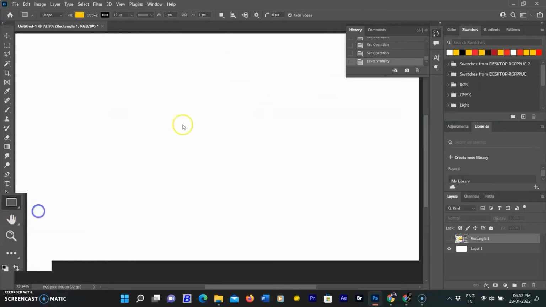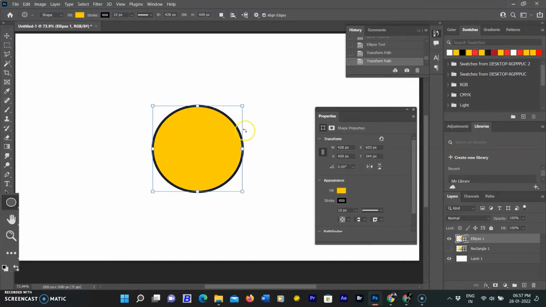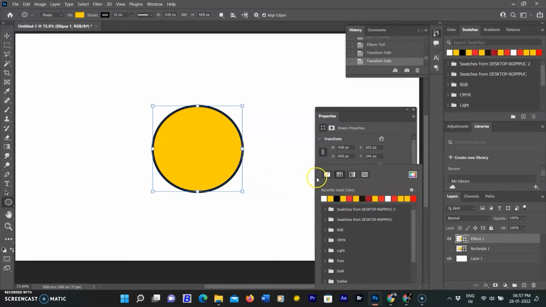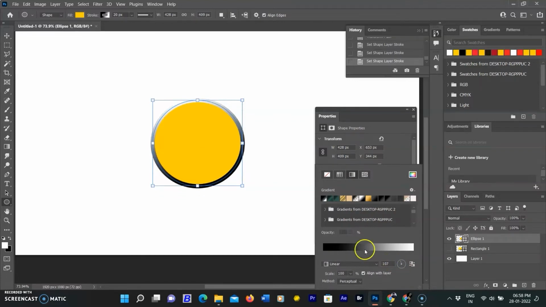Another shape is the ellipse shape. You can also draw a circle with the ellipse tool. I am creating a stroke as I did with the rectangular tool. You can use a fill to apply a color, pattern or gradient to your image. The stroke gives you the added flexibility of changing the fill, pattern or gradient. You can use the same tools on any shape.